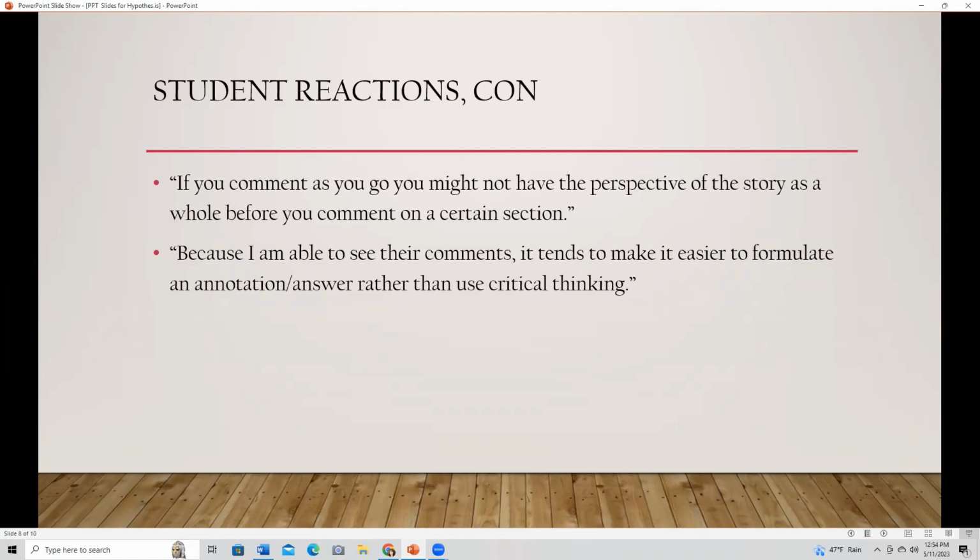I don't normally read the whole thing and go back. So that isn't necessarily a limitation to me, but it draws attention to an aspect of critical thinking that is important, which is to think about the pieces and the whole and how they work together. So we read sequentially, but that doesn't mean when they're annotating or commenting that they do it in one pass and don't come back to it.